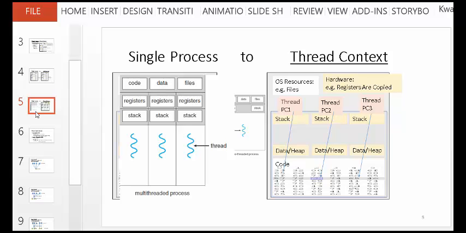Because all it would be is to say, okay, let me move from this program counter, that's this code location, to another code location, and tell you, okay, now you're using this stack and this heap. Very quick, because it's the same process. You didn't have to move memory or anything. You didn't even have to assign a different process ID. Same process ID, but different threads running in there. So you just change the location of what is running.